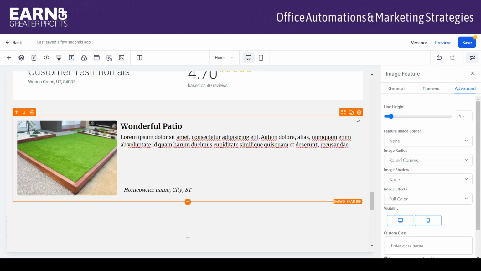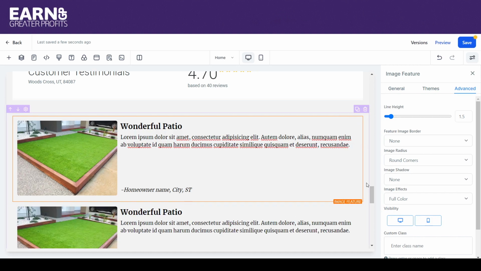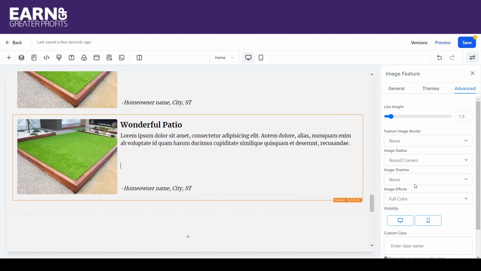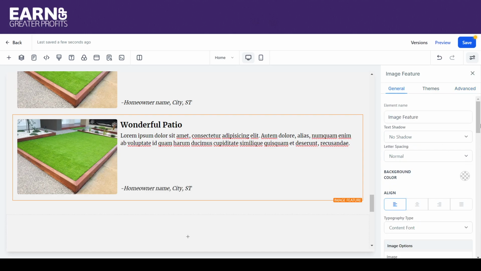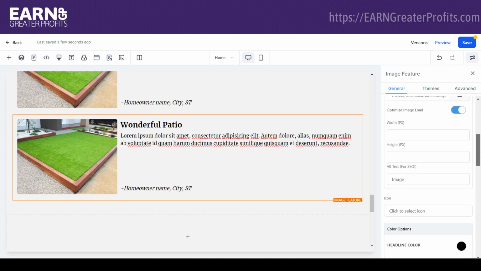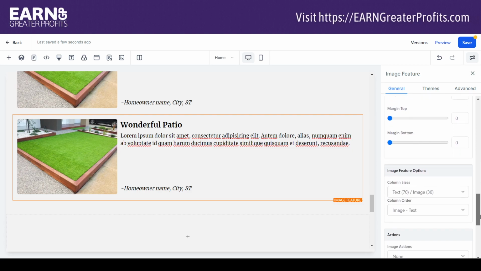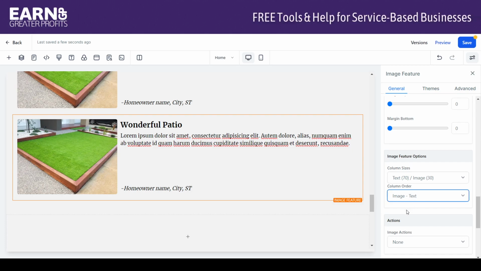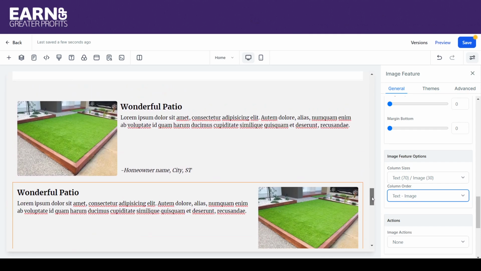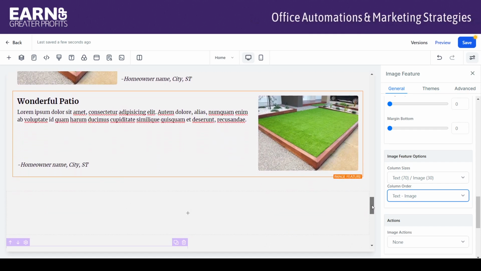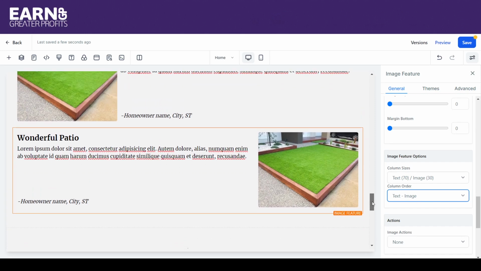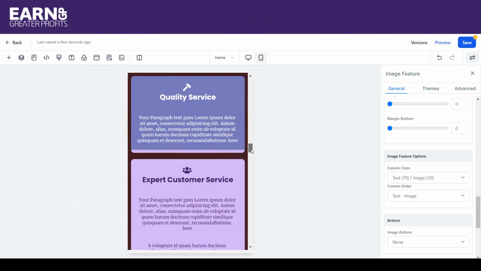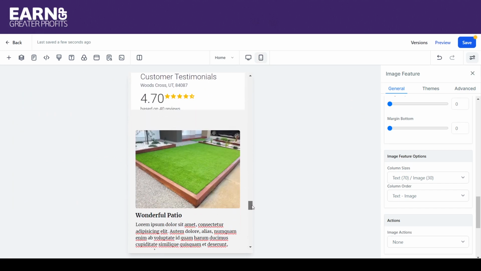Then what you can do is clone that, do another one, and the other thing you can do with it is, ooh, you can add a text shadow. No, I don't want text shadow on my text. I want shadowing on my entire thing. They may not allow that. The other thing you can do is change the order. So you can alternate, give it a little bit of change up there, but remember that in your mobile mode,